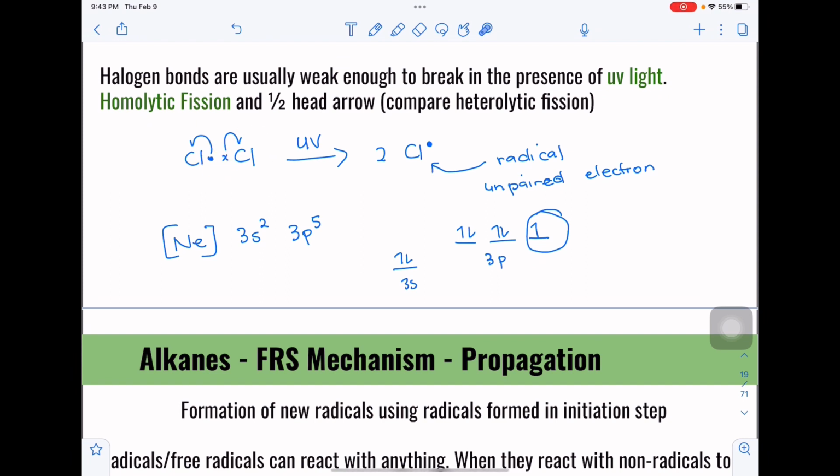So the electron goes back to the chlorine, and the other electron goes back to the other chlorine, and we form two radicals, two chlorine radicals. These guys are very, very reactive. They will react with just about anything, and that is why we have this reaction with alkanes, because alkanes, remember I said they are not reactive since they have no functional group, but radicals can react with anything, and alkanes are part of something,